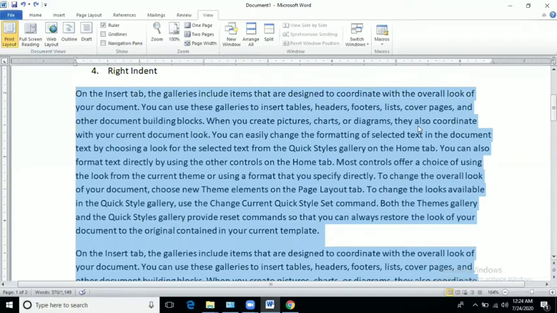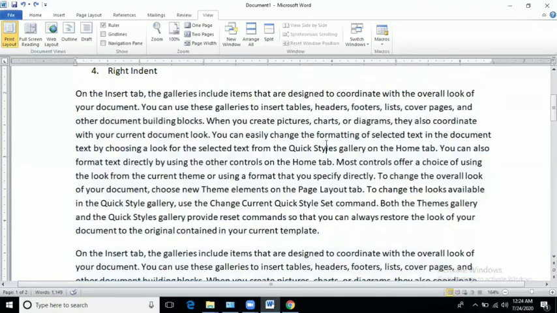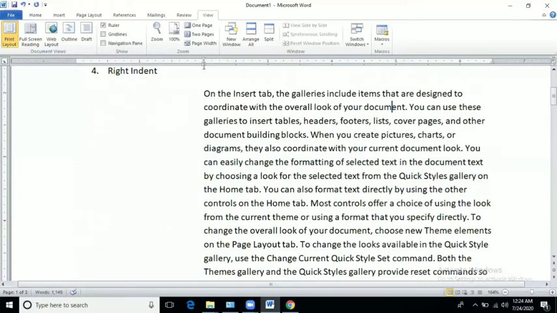So the next one, I have undone it. The next one is left indent. Left indent moves the whole first line and also the other lines of the paragraph. If I go to the left indent, that is the bottommost marker, the first line and other lines will also move.